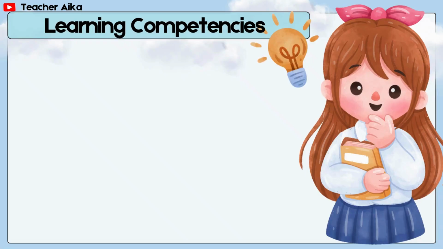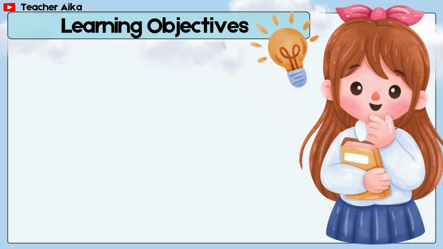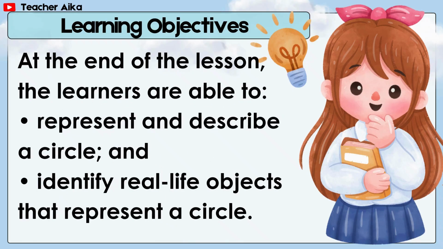Learning competencies. The learners represent and describe circles, half circles and quarter circles, and compose and decompose composite figures made up of squares, rectangles, triangles, circles, half circles, and quarter circles, using cutouts and squared grids. Learning objectives. At the end of the lesson, the learners are able